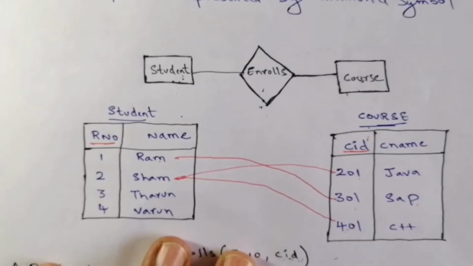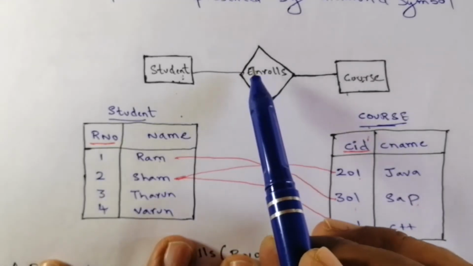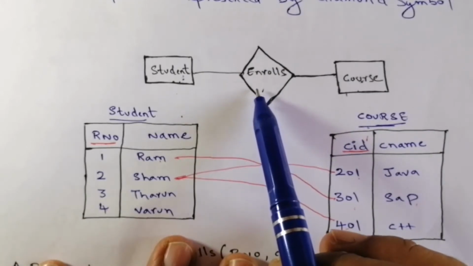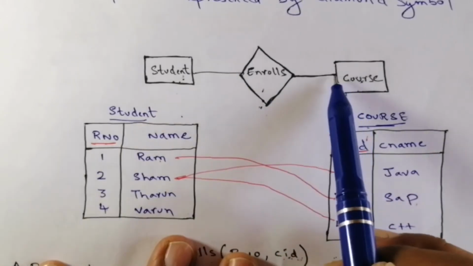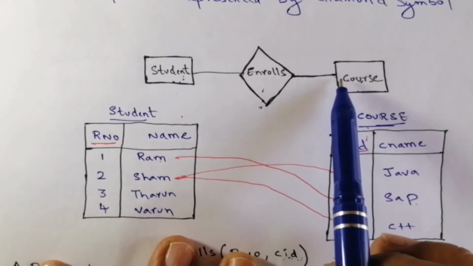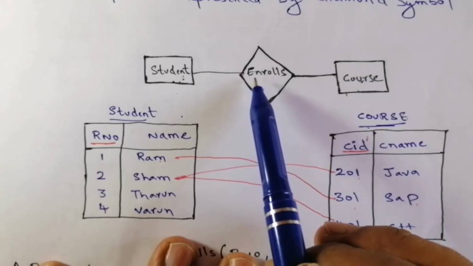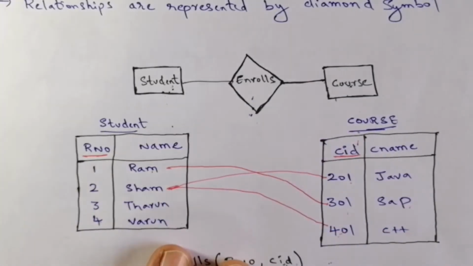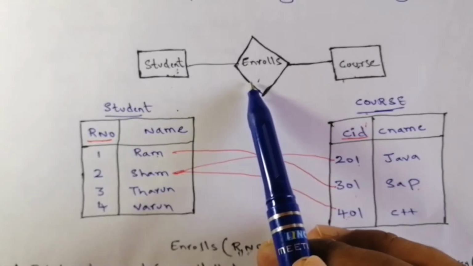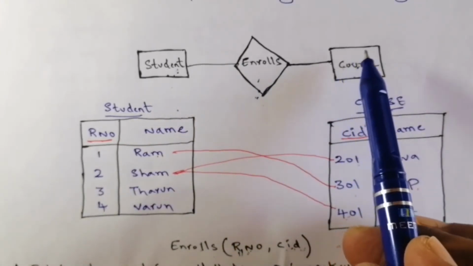set. Let us understand the definition by an example. Here we have a relationship. A relationship is represented by a diamond. Now, for this relationship, there are entities participating. How many entities are participating? There are two entities participating. So what is the degree of a relationship? The degree of a relationship is the number of entities that participate in the relationship. Here, how many entities are participating? Two. So it is called binary.